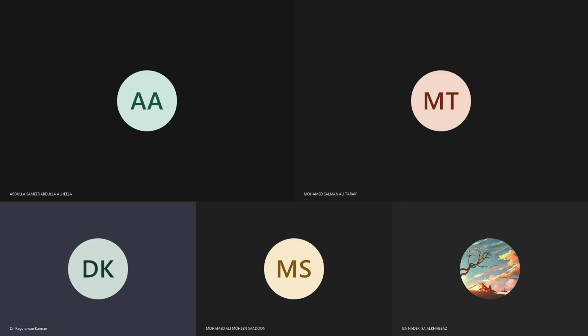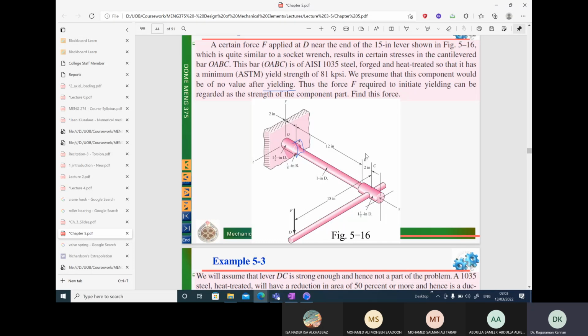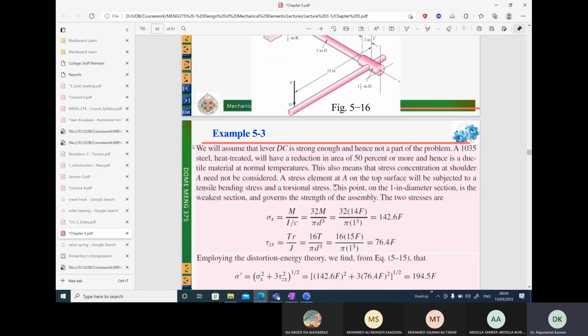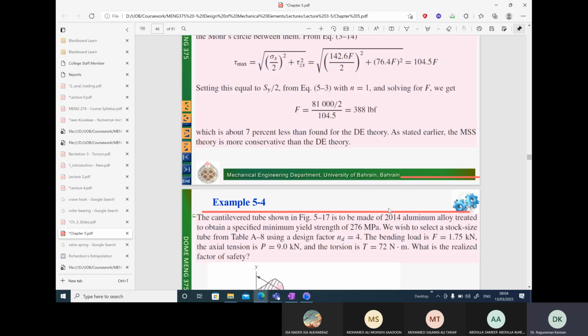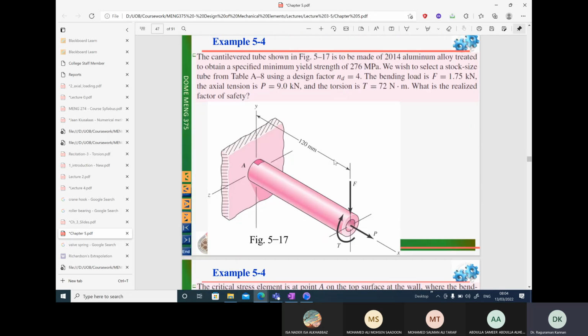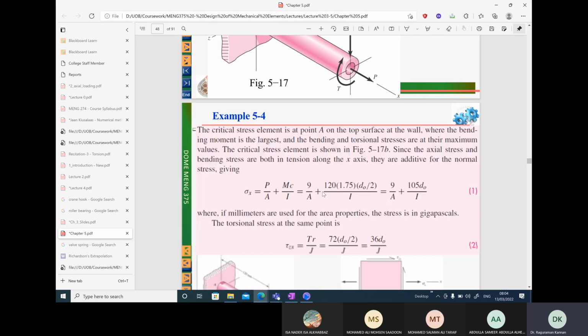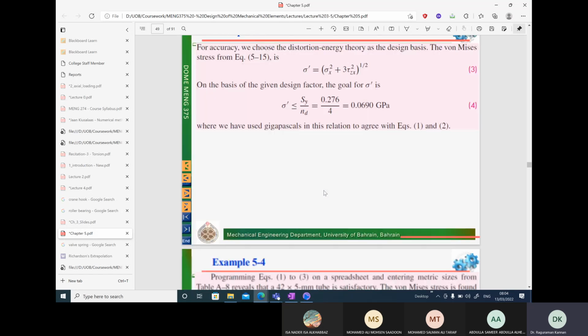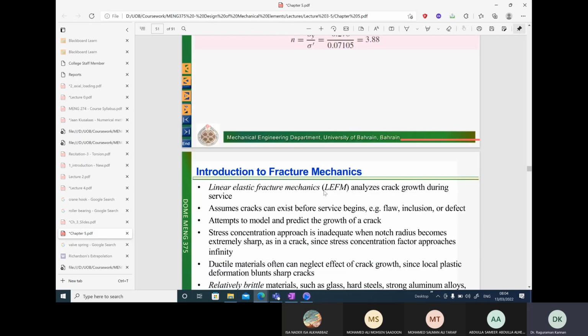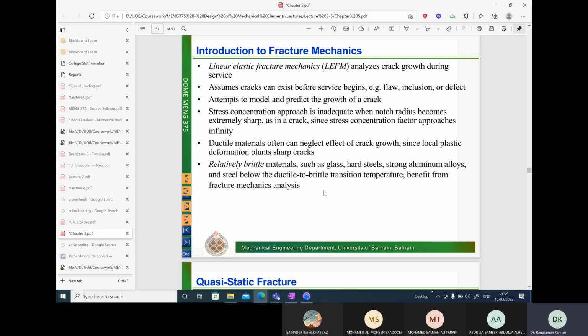Okay, so you saw last class the failure theories for ductile and brittle materials. Let's see if we have... I think we solved this problem. We'll continue with the next problem. Again, the next problem is similar, so I'm going to skip this because the methodology is the same. I'm going to skip this problem and go to the next part of the chapter. So let's continue with